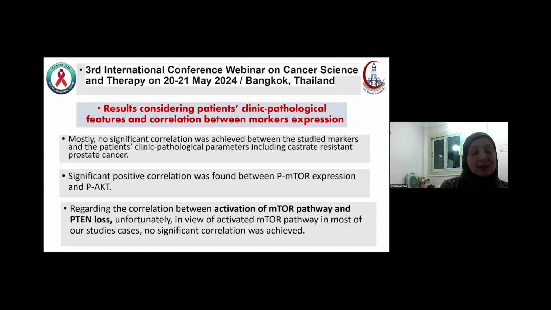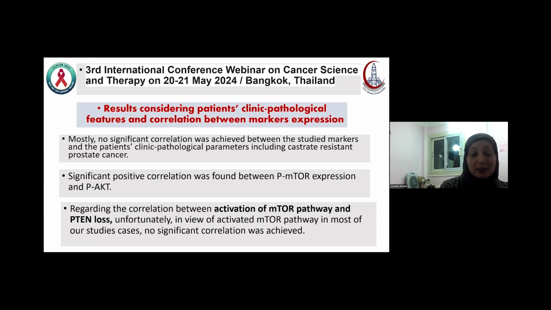One of the positive results is that we found a significant correlation between the activated mTOR, the phosphorylated form, and the activated AKT, the phosphorylated form, and this is what was expected because AKT is the one which activates the mTOR pathway. One of the findings that needs further research is that the activation of the mTOR pathway was not correlated with the PTEN loss,